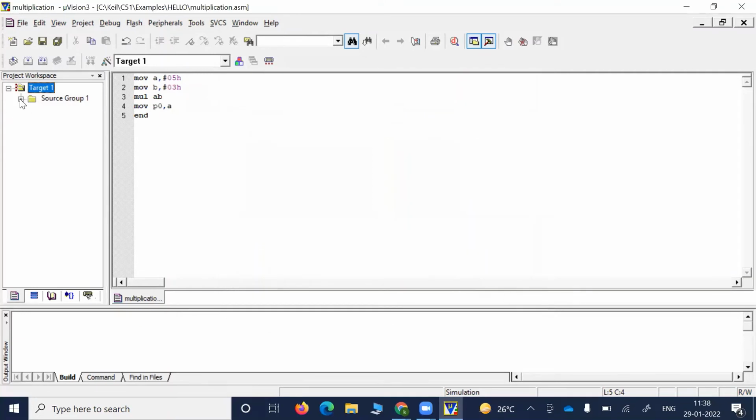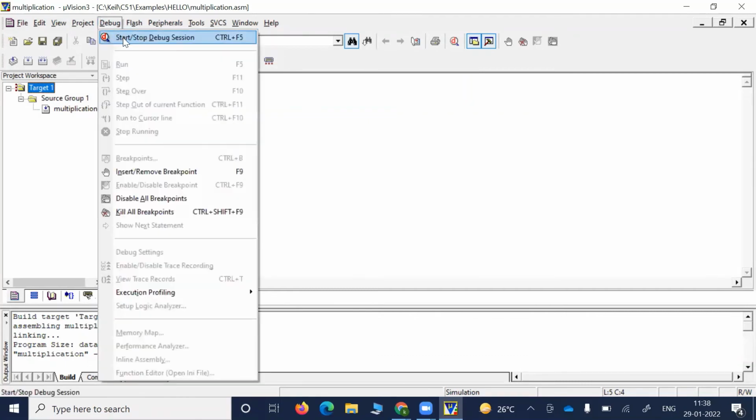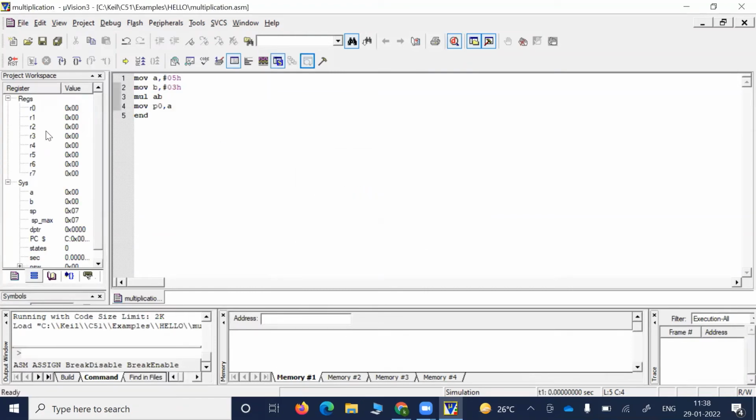If you click on the plus sign, you can see the file is added to the target. Now compile the program. For that, go to project, click on build target. So we have 0 errors and 0 warnings. The next step is go to debug, start and stop debug session. Click OK. So again, you can see that A, B, and